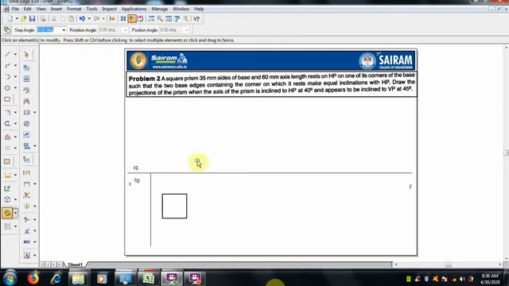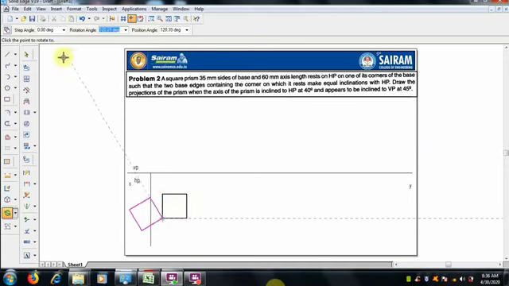So rotate the top view of the square, select a corner as the point of rotation. Any corner you can take as the point of rotation. You need not make an angle also.